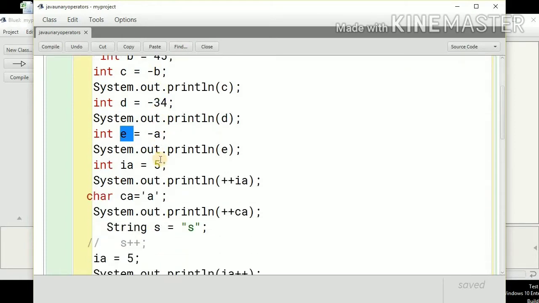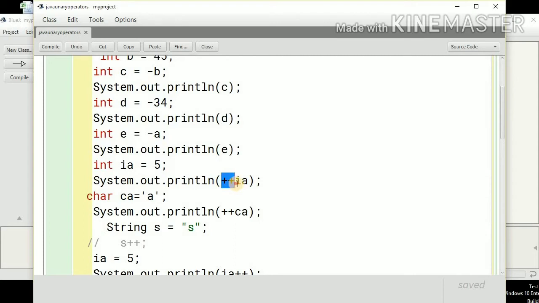Now let's talk about the increment and decrement operator. So first we will talk about the increment operator, the pre-increment operator. So I have an integer variable with value 5. So this is a pre-increment, which means first we will increment the value and then we will use it. So the 5 will be first incremented by 1.